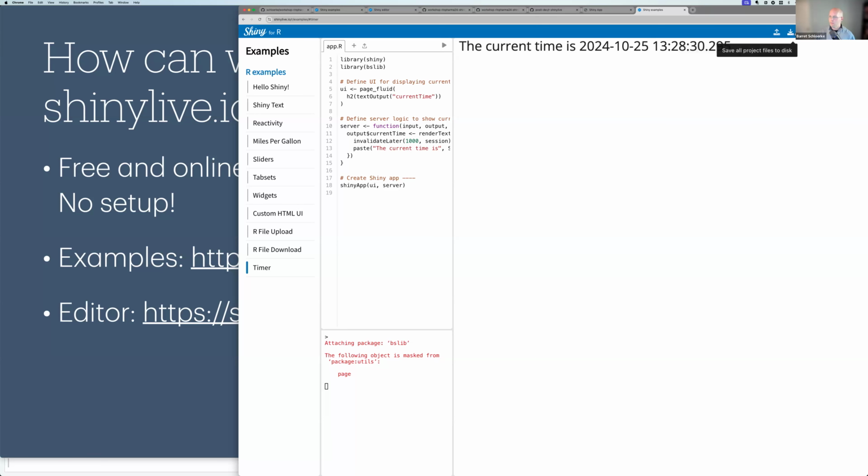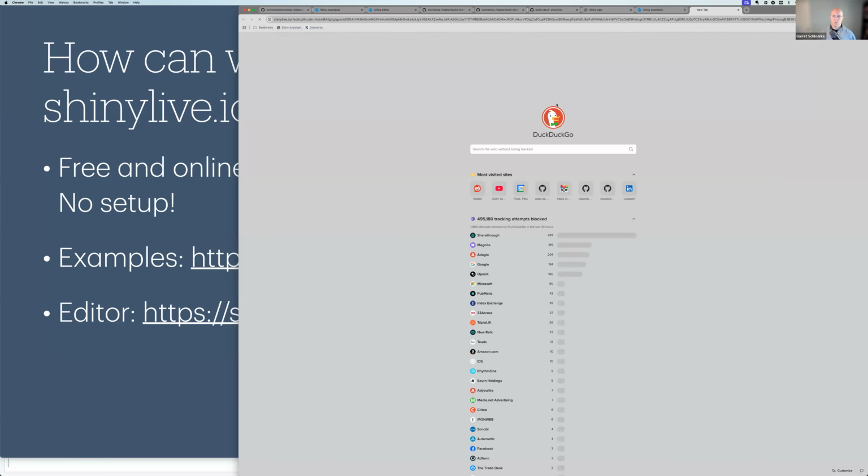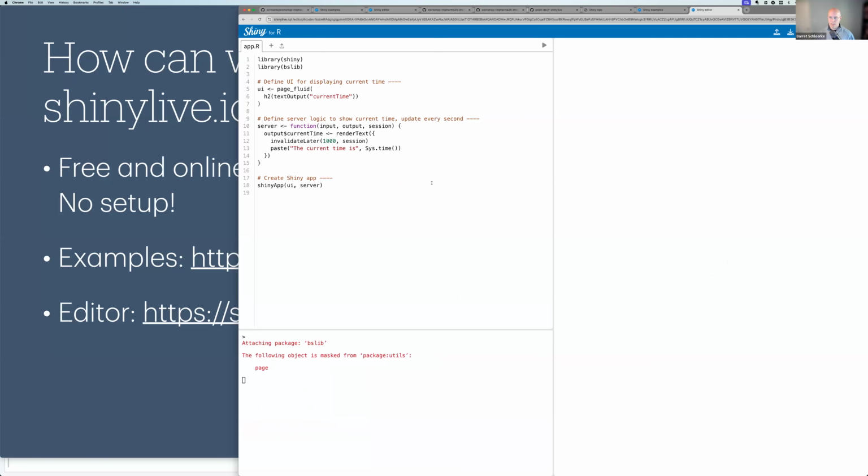You can load and save to disk, which is neat, but I like to instead to share the link, and you can actually share in the top right corner, and you can get the editor URL, which is similar to what you have here, or just the application. I'll copy both just so we can see it. So here's an editor URL where you have both the file on the left, terminal in the bottom left, and then you have your app on the right.